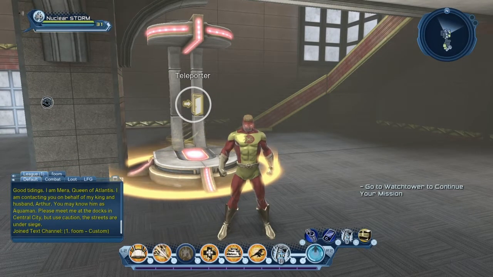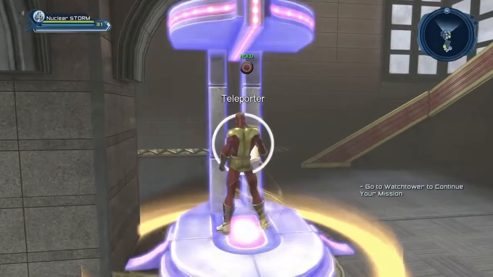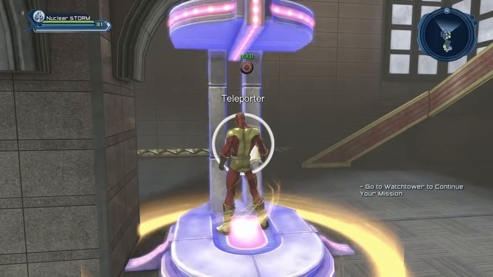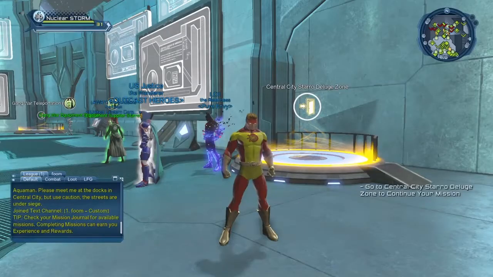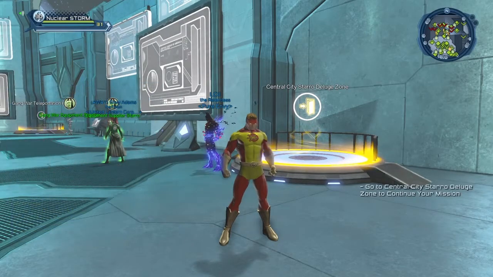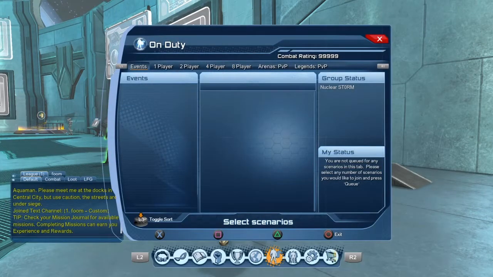Obviously, with the level 30 character, I have access to all my powers, which is not quite true for a level 10 character, but let's go with that for this time. So let's go to the Watchtower, and let's get started. Obviously, I did not have to go to the Watchtower, but I wanted to make sure. I could have used the on-duty, not on duty,